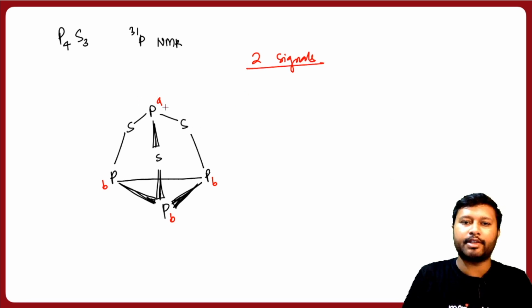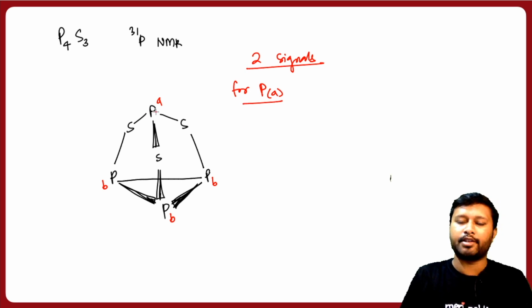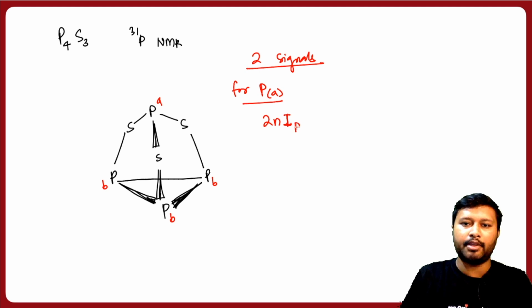Now what about the signal of phosphorus of type A? Okay, so let's do it one by one. For phosphorus of type A, who is going to split this phosphorus? Sulfur is not NMR active, so sulfur is not going to split it, of course. The other phosphorus, which are of different chemical environment, will cause splitting, and the number of lines you are going to see will be 2nIPb